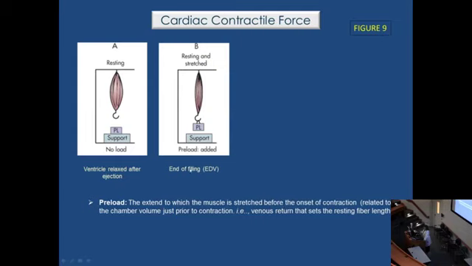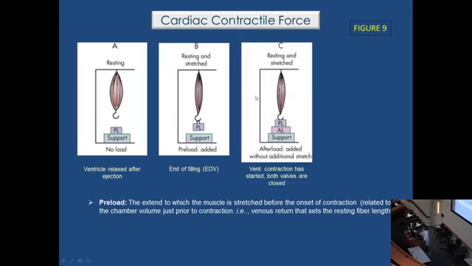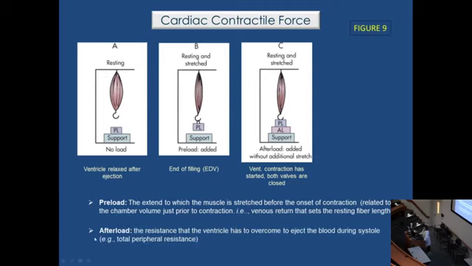As is illustrated here. So then we go to the next stage, and we still have our muscle resting, stretched, but now an afterload has been added. That means that the ventricle has started to contract, but both valves, the aortic and the mitral, are closed, right? At this point, the ventricle hasn't generated enough pressure to overcome the pressure from the aortic valve, right? So the afterload, we can think of as the resistance that the ventricle has to overcome to eject the blood